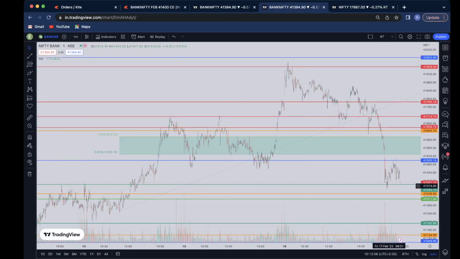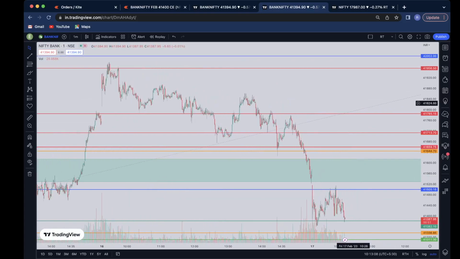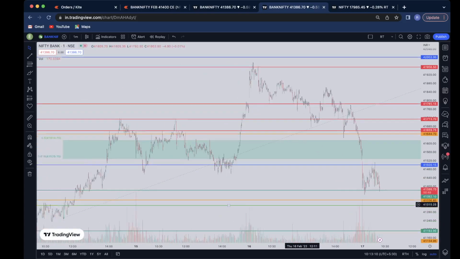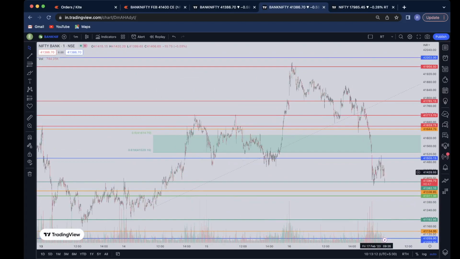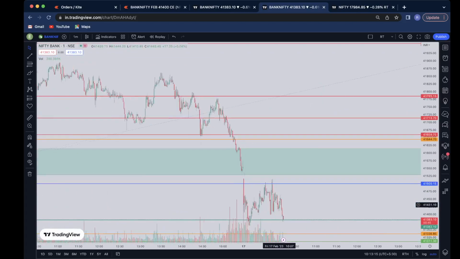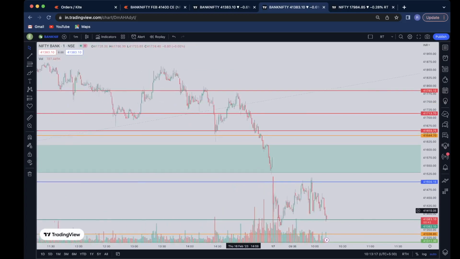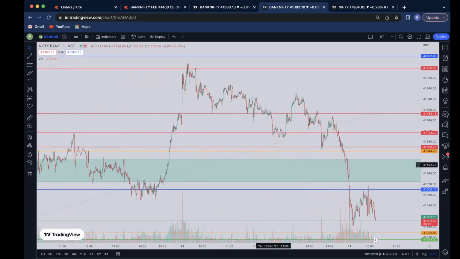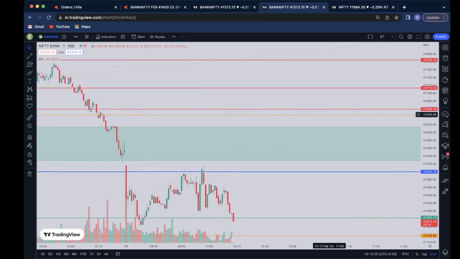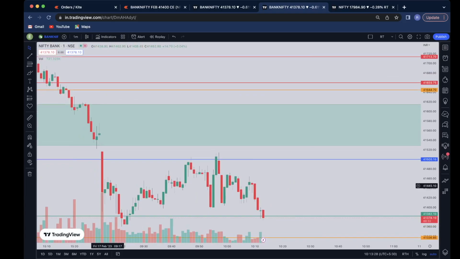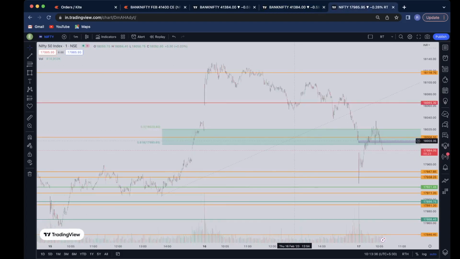So what could be the psychology of the people? First of all, market people would be mostly oriented psychologically based on how big the candles are, and also based on the head and shoulder pattern. The people might be easily tempted to go for a put option, and whoever has bought at these levels, whose stop loss might have got hit, if those people start trading, then they will also turn to put options, right?